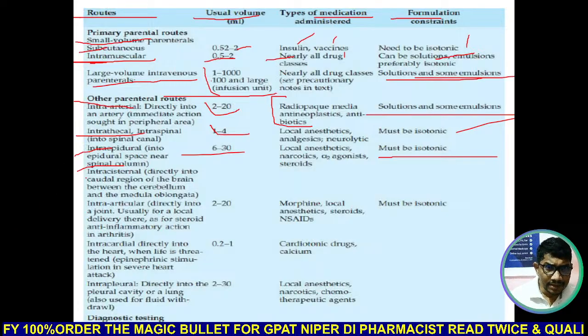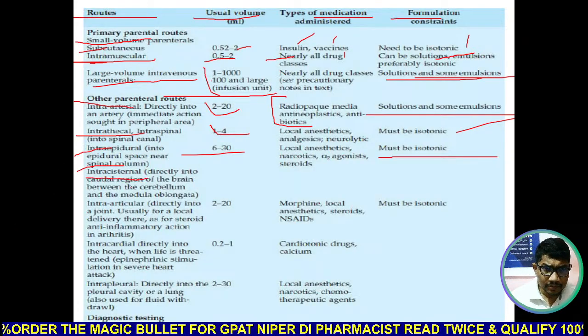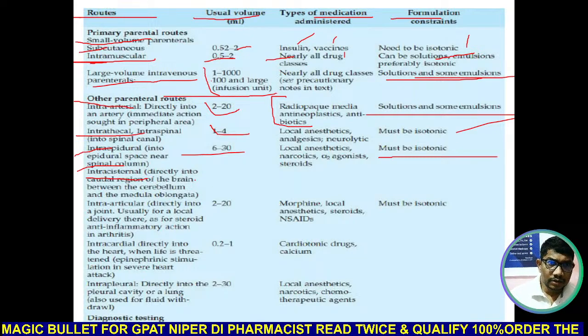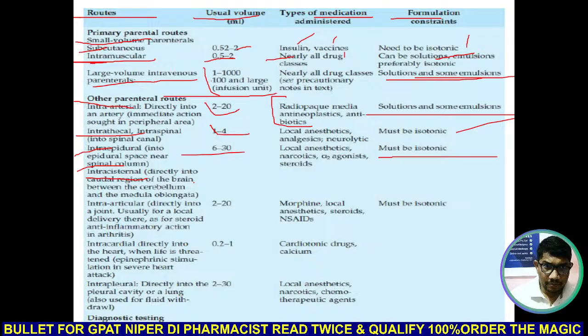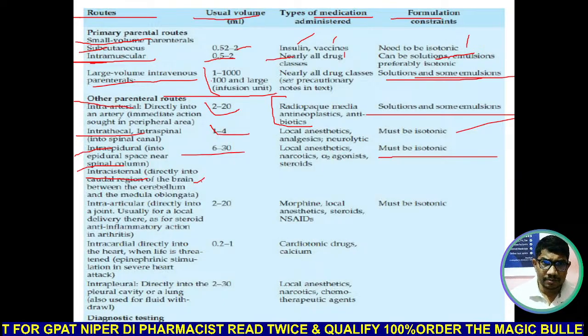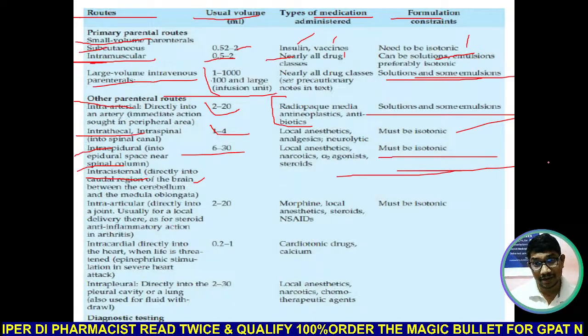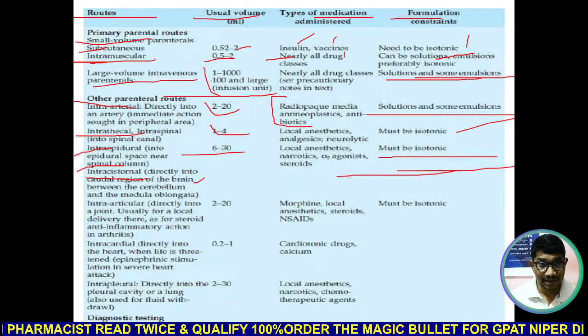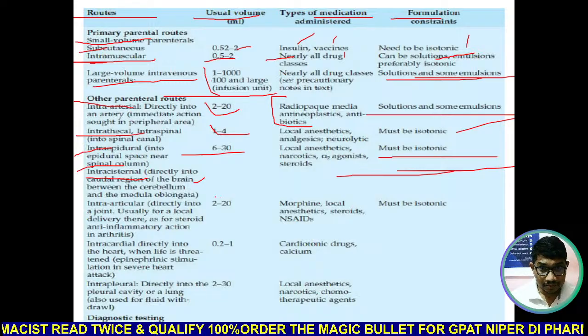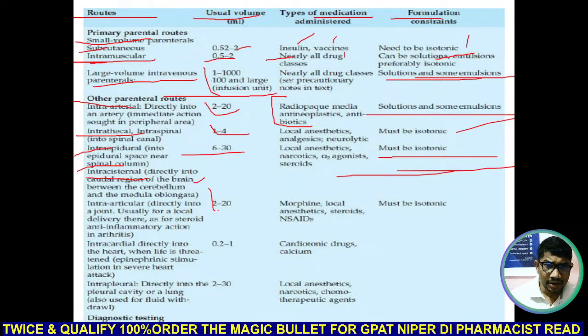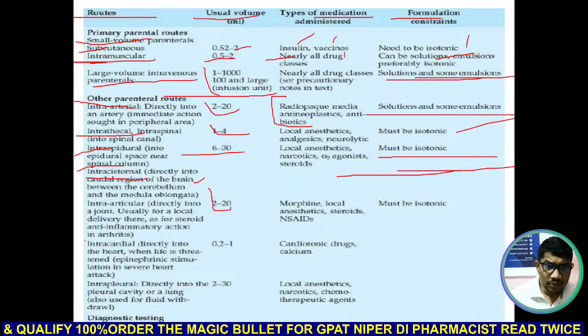Then intracisternal मतलब क्या, directly into the caudal region of brain, बिटवीन द सेरेबेलम एंड मेडुला ऑब्लोंगेटा, तो डायरेक्टली ब्रेन में इंजेक्ट करना है। इसका एग्जांपल अभी तक है ही नहीं, क्योंकि ब्रेन में गए तो मर जाएगा ना वो, है ना। तो यहाँ पे 2 to 20 ml, है ना।